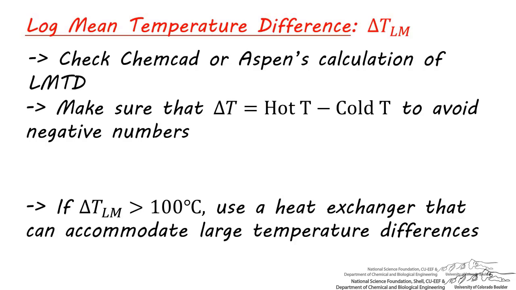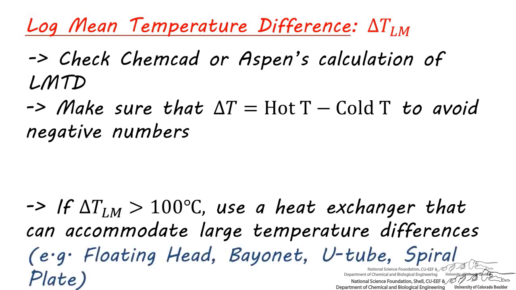Accommodating a large temperature difference between streams requires special heat exchangers that can facilitate expansion and contraction without fracturing or leaking. A few examples of heat exchangers that are designed for such conditions include floating head, bayonet, U-tube, spiral plate, and others. It's important to calculate log mean temperature difference to see if a special design is needed,